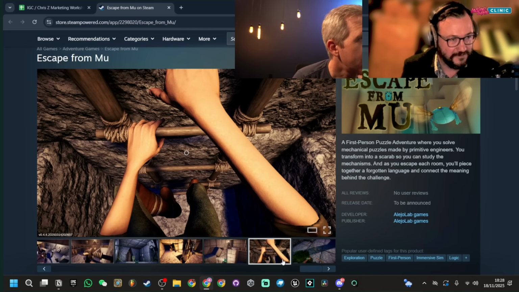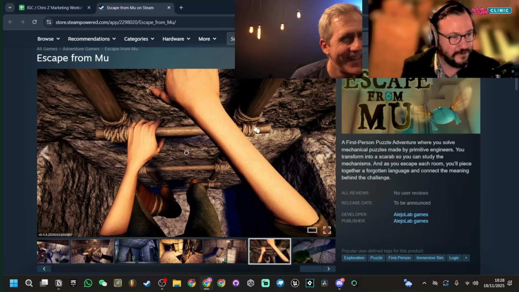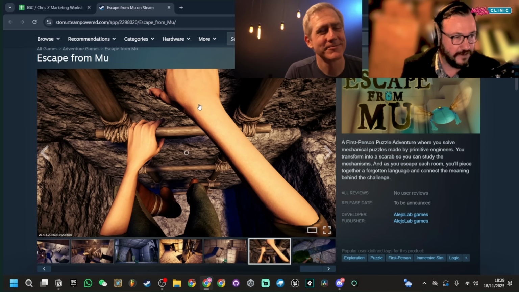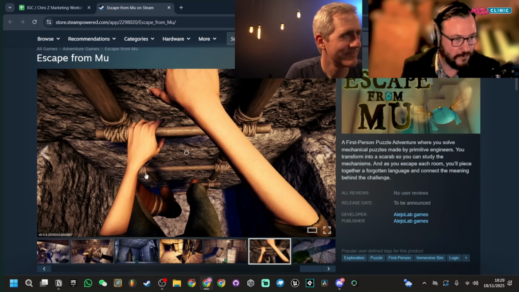So this one, it's like, wow, you can climb a ladder. And it's almost like this is one of those screenshots where the dev is really proud of a particular thing in the game. And that probably is a good thing once you're playing it to have a body and a cool animation when you're climbing up a ladder. But it's not exciting as a piece of marketing. And it's also prioritizing the wrong thing because this isn't an action game where your body matters.